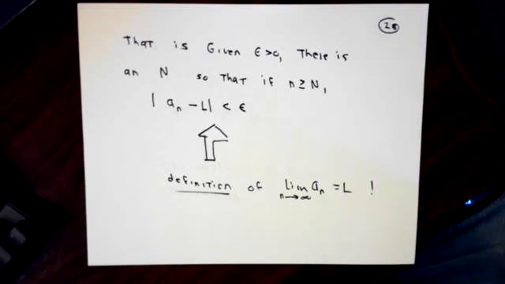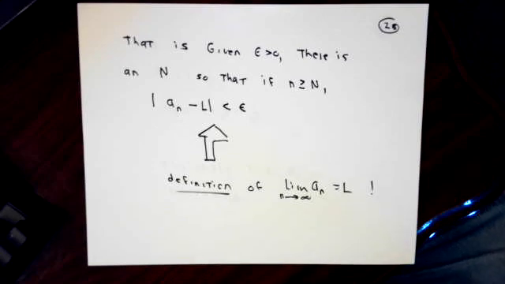You can include the possibilities where some of the successive a sub n numbers might be the same for a while. Those are picky technical details. In the end, you're going to come to the same conclusion. If you have a sequence that is both monotone and bounded, then that sequence converges to something, some actual real number.